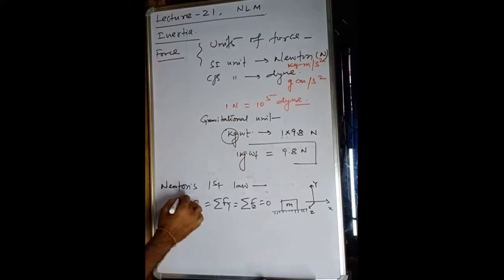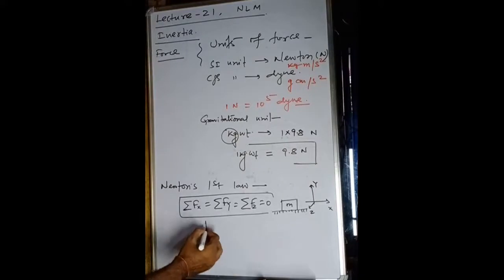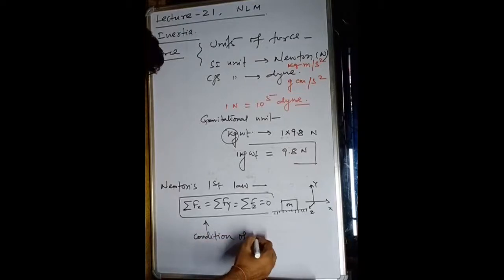So this is the mathematical form, and this is very, very important, and this is also called the condition of equilibrium